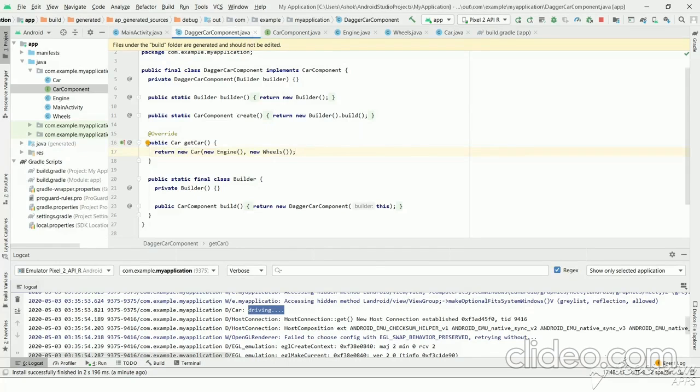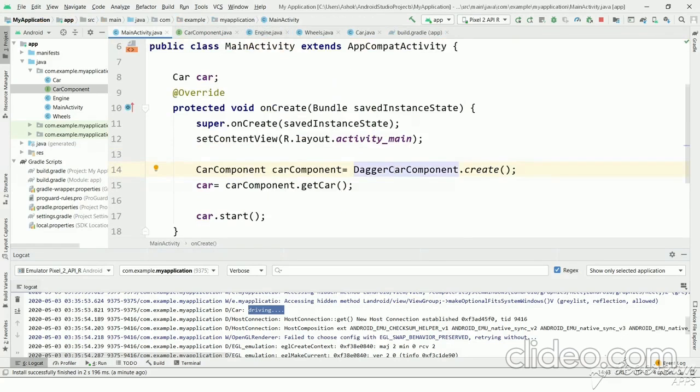Dagger automatically creates the implementation for this, and we have got a Car object without creating the Car and Wheels objects manually. So this is just a starting tutorial of Dagger, and in further videos we will see more about Dagger and how to create dependency objects.